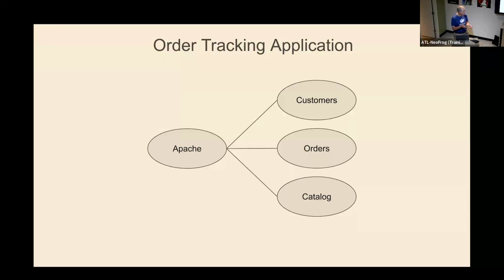Okay, so this is my order tracking application. I've got an Apache service, customer service, order service, and catalog service. This is a sample app. In the real world, there would be data stores behind each one of these things. And that's the point that Mohammed was bringing up, is that with these Kubernetes environments, with all these different services and data services and so on, it's very difficult